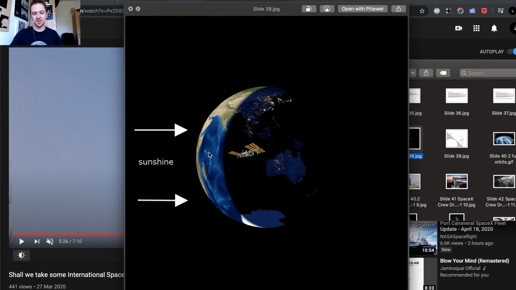As the International Space Station, let's say, is traveling from left to right, you're going to see that the space station is 400 kilometers above Earth. So even though it's going to fly above areas which are already in darkness, because it's so high up, that's a perfect reason for the sunshine to still illuminate the International Space Station. So with the black background or a dark sky, it's so bright that it's very easy to spot.